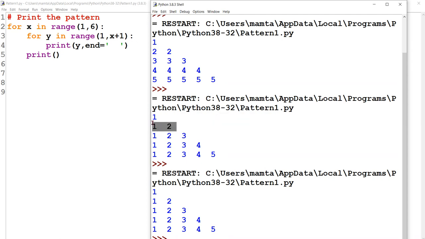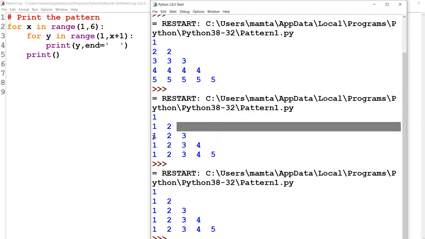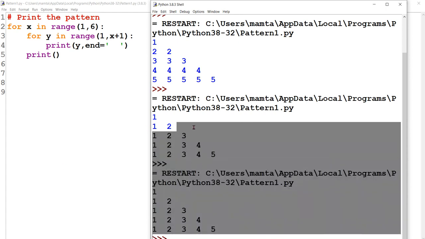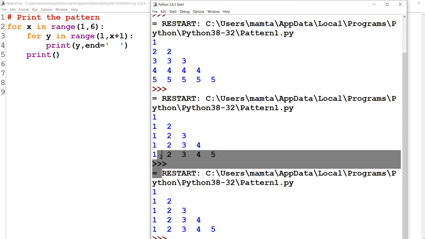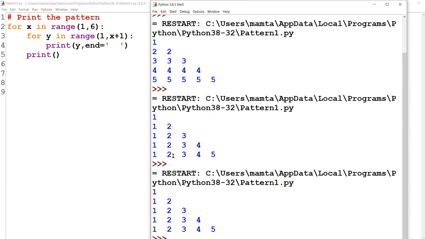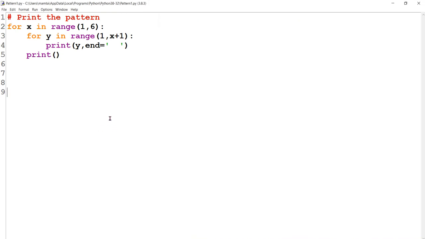Row number 2, how many columns? 2. Row number 3, how many columns? 3. Row number 4, how many columns? 4. Row number 5, how many columns? Row number 5 has 5 columns.